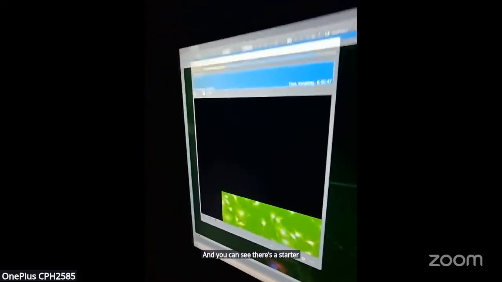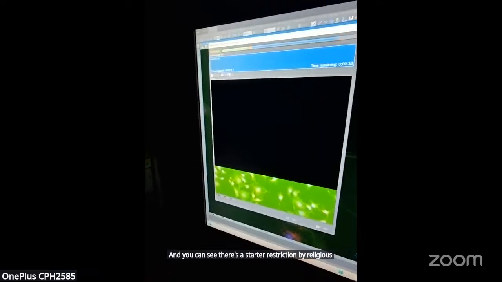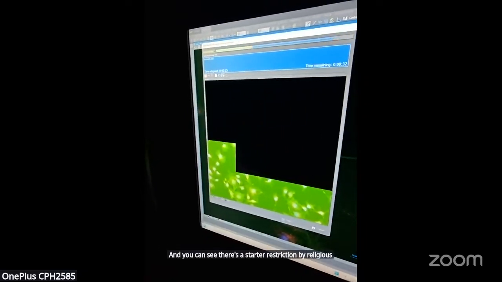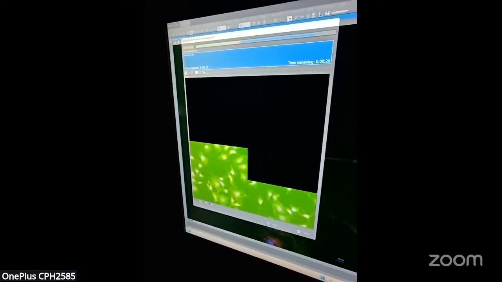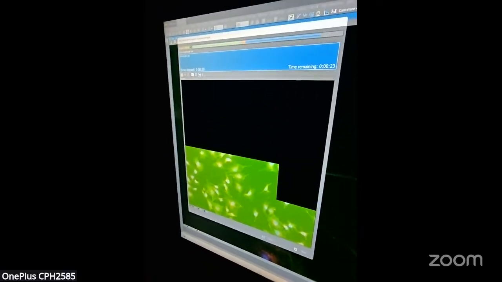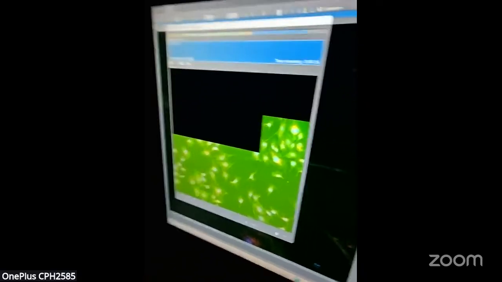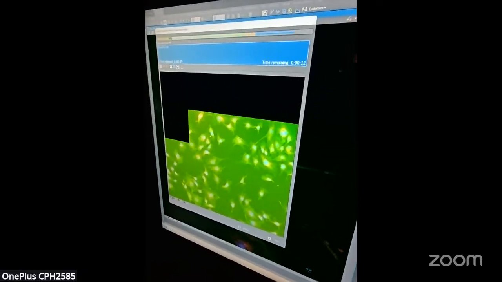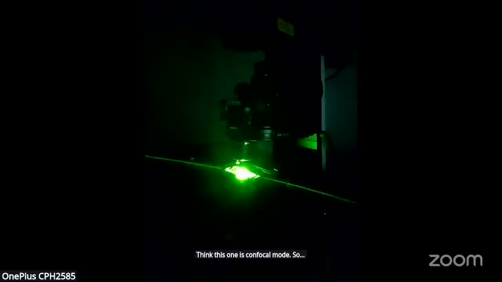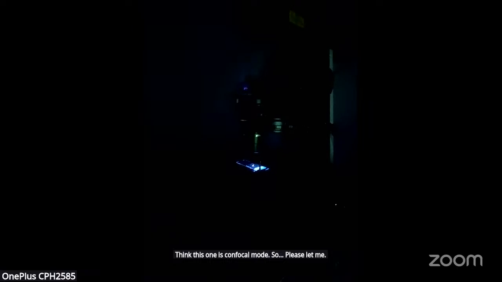You can see it has started stitching the images. Still, this one is confocal mode, so the lasers are changing, the laser channels.